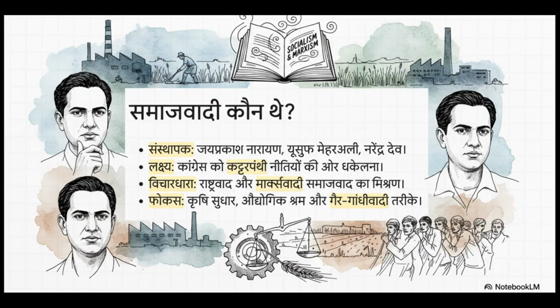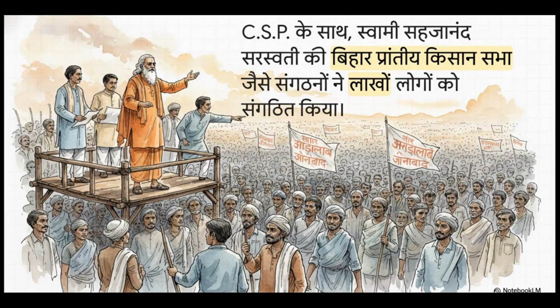ये जयप्रकाश नारायण, यूसुफ मेहर अली जैसे युवा और जोशीले राष्ट्रवादी थे। उनका मकसद सिर्फ आज़ादी पाना नहीं था, वो आज़ादी के मायने ही बदलना चाहते थे। वो चाहते थे कि कांग्रेस ज़्यादा रैडिकल नीतियां अपनाए और उनका पूरा फोकस था आम जनता के लिए आर्थिक और सामाजिक न्याय पर।